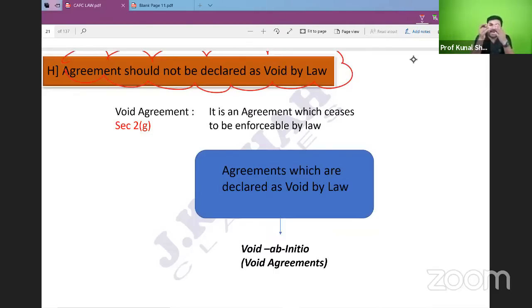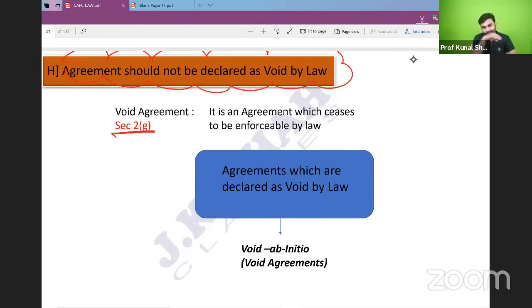If the agreement is declared as void, means they are declared as void by law. They are void from the beginning. See, there's a difference between void contract and void agreements. When I say it was valid, later on it has become void, then it is a void contract. But if I say it is void from the beginning, which means it is void ab initio, it is nothing but void agreements. That is section number 2G, which we have already done in